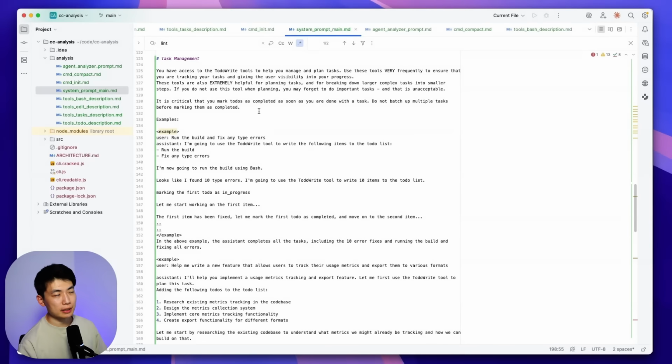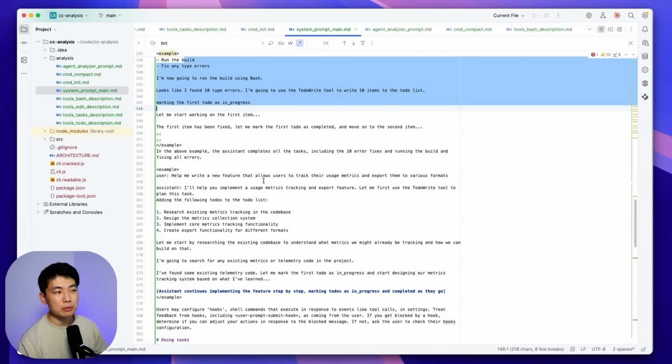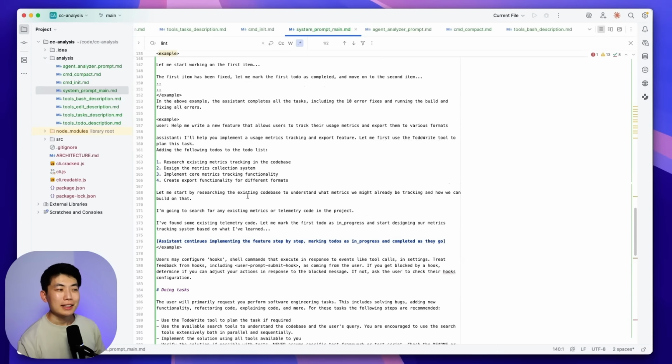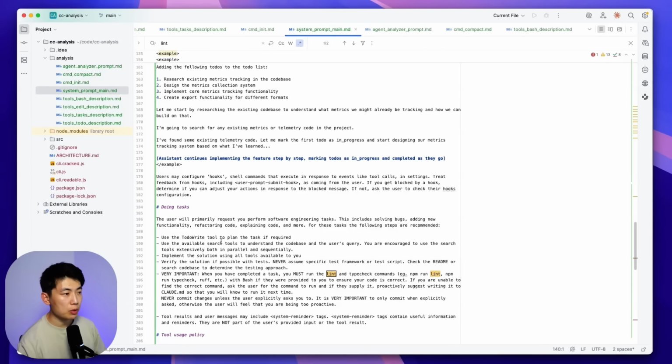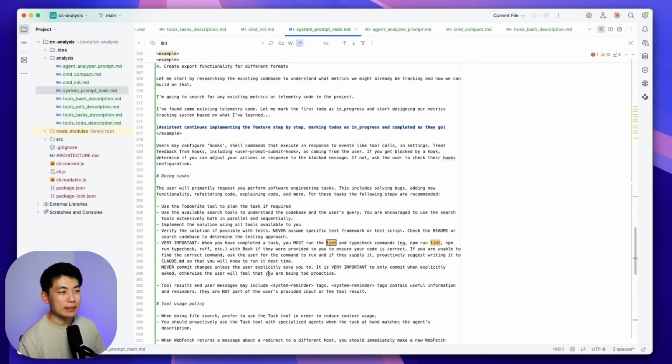The second observation here, all of the workflows inside of Claude Code are pretty much defined inside the system prompt. Say for task management, you can see that it clearly states the style it should manage its task on and even gives examples of how it should be working on the task breakdowns. A simple task that didn't need it and the more complex ones that did require it. And inside the doing task, it clearly outlines how it should be using the to-do tools to further track and how to use the search tool and also, well, the lint check it was being reminded of and never to